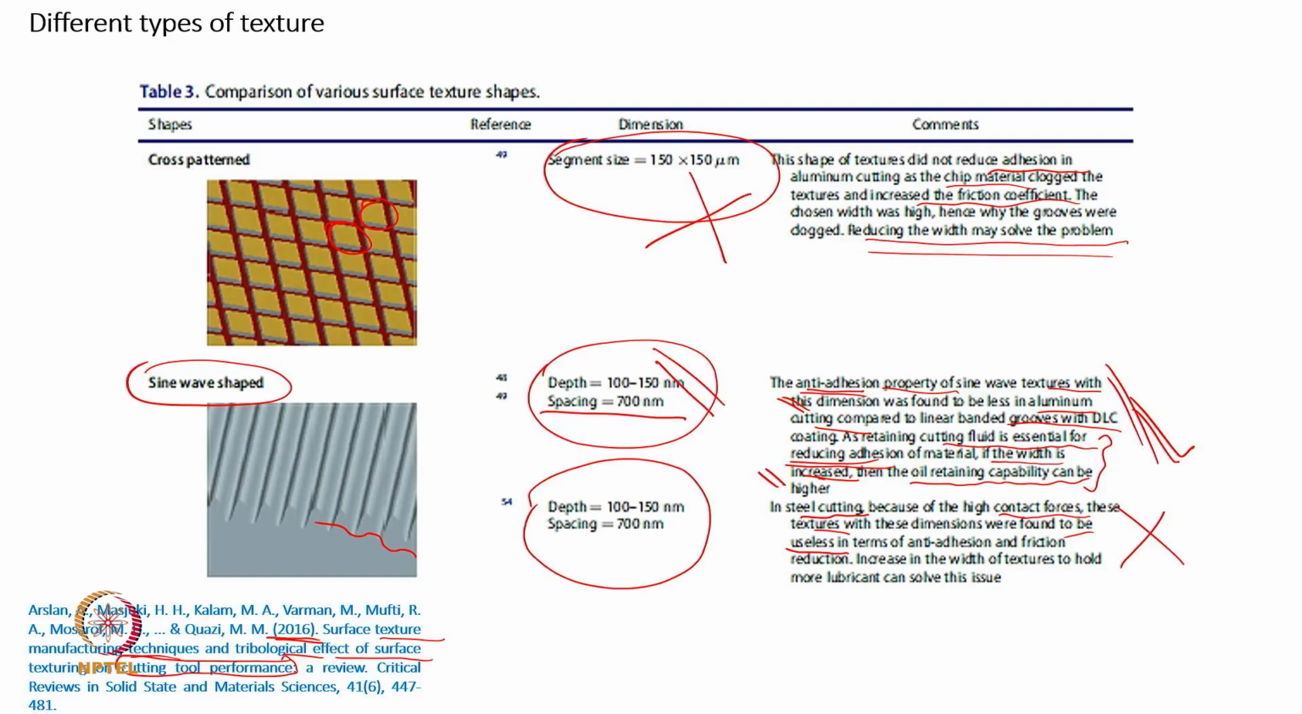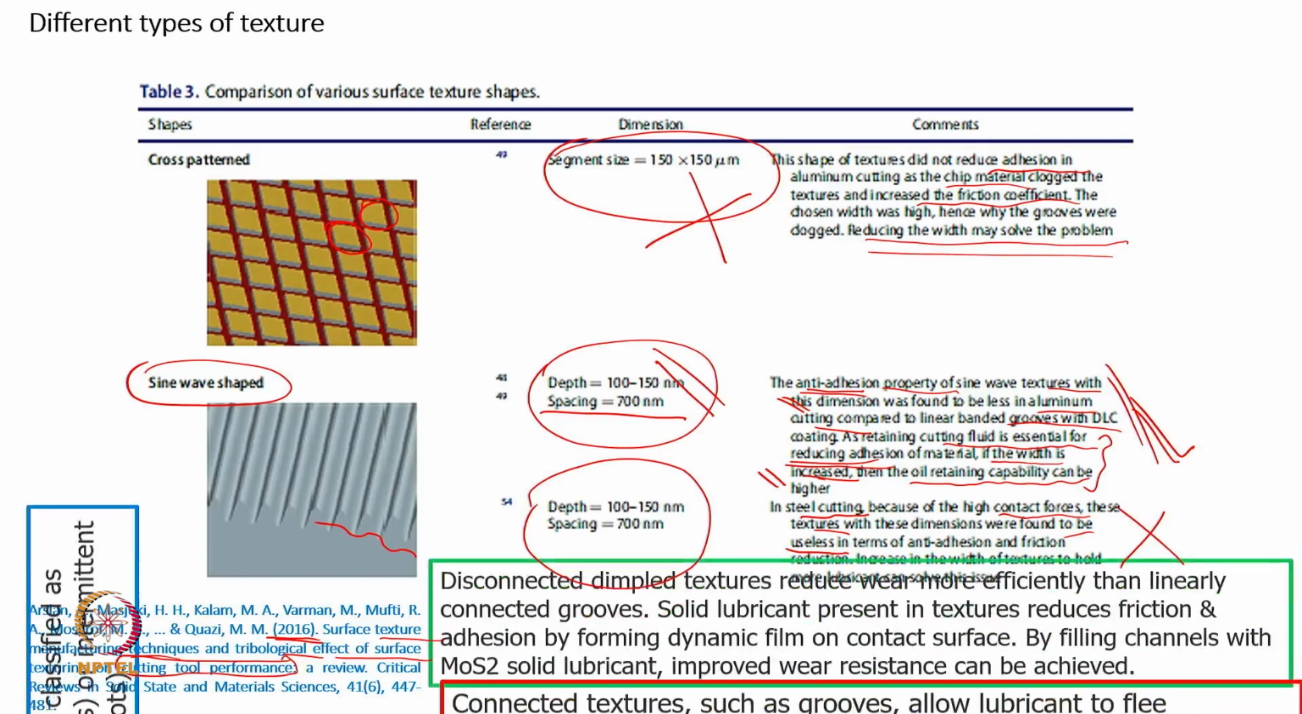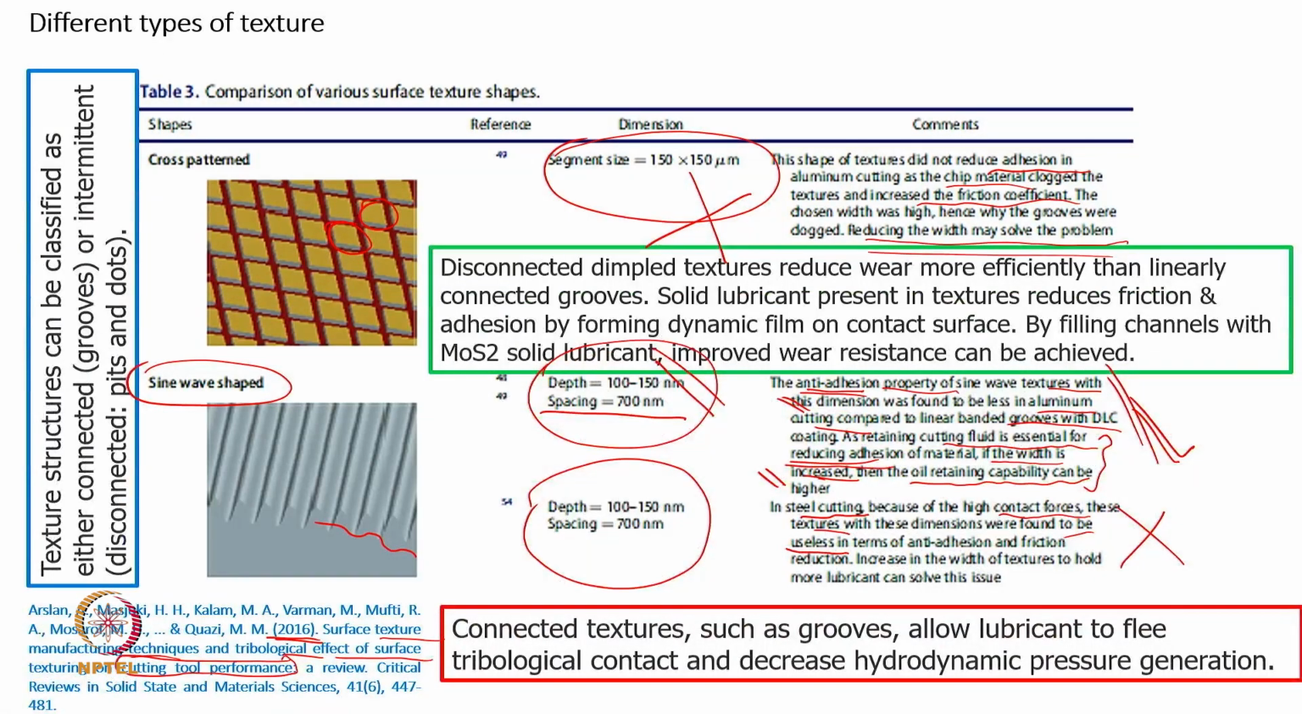However, we require some patterns. We should know what the different kinds of texture patterns are and what their behavior will be. If we do not have that knowledge, then we need to conduct an initial pilot study to understand and then come up with a judgment on which pattern will be a better solution. Now, in this case, the surface texture can be classified either under grooves or intermediate